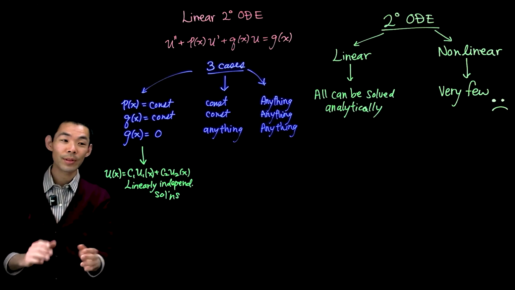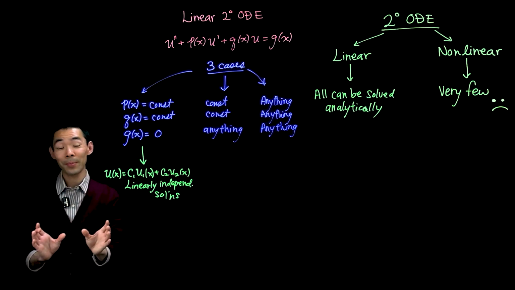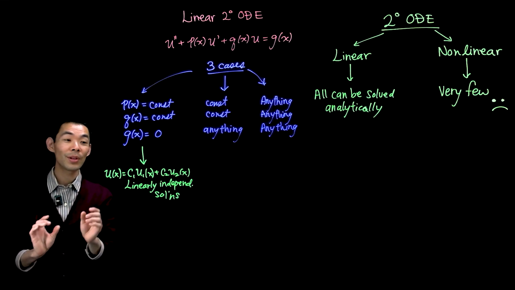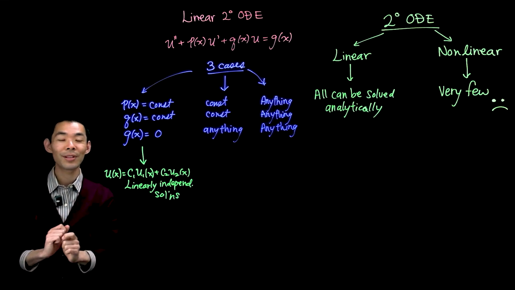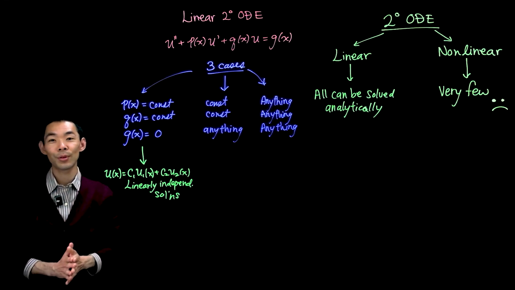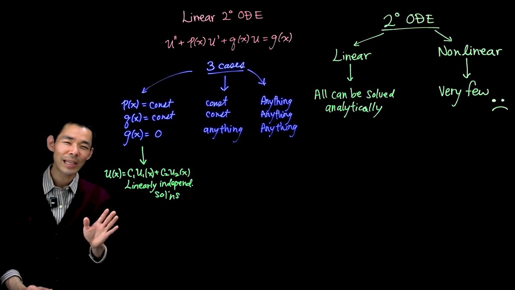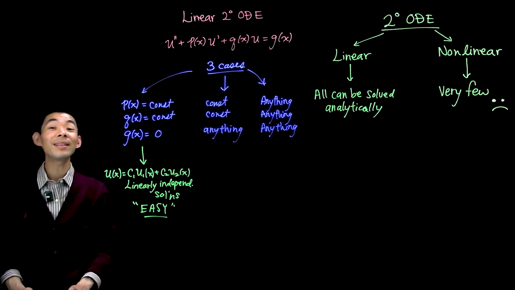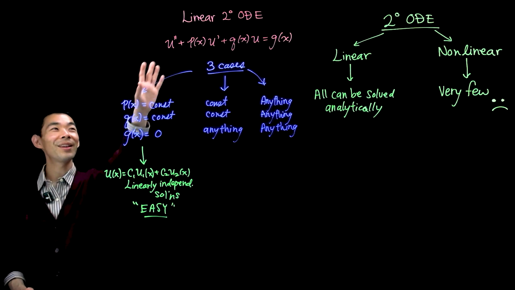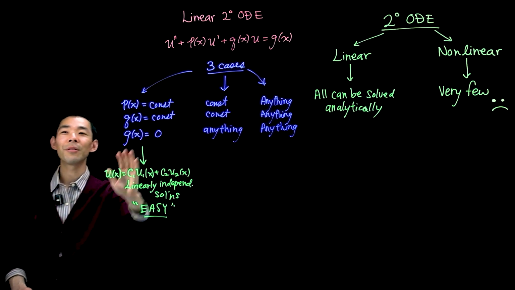But once you get those, you just add constants of integration c1 and c2 and add them together. So we've superimposed two different linearly independent solutions, and your overall solution u of x will just be the sum of those two solutions. We're going to cover this in detail, but this one is pretty easy. It will be the easiest solution to find